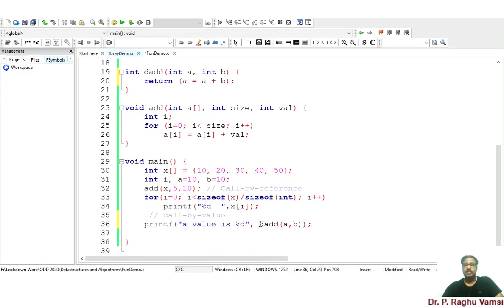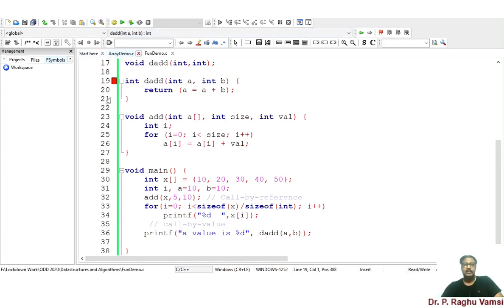The reason is that this entire function, after execution, will lead to a single integer value. In order to print that integer value, we have used %d here. Obviously this %d is for integer value representation, and whatever resultant value we get after executing this function is also integer type. So both match, and this statement will not give you any error. This function will execute successfully. We'll see whether we get the output or not.